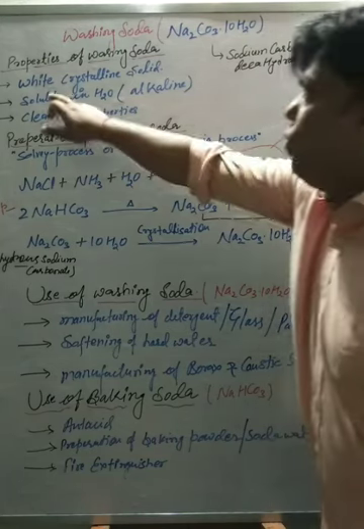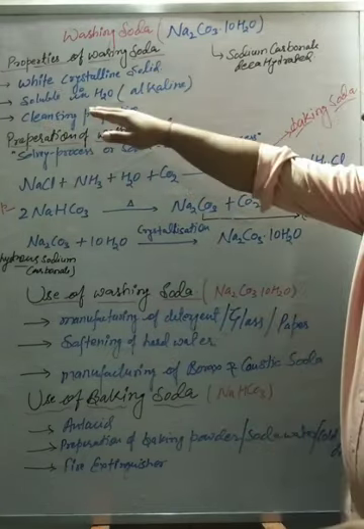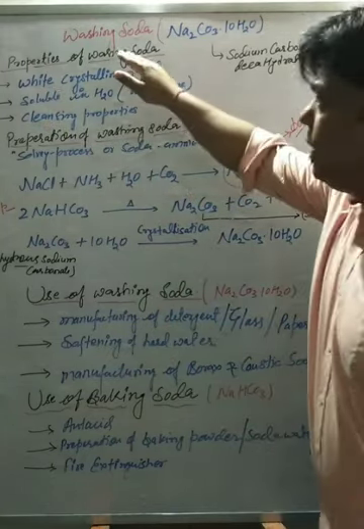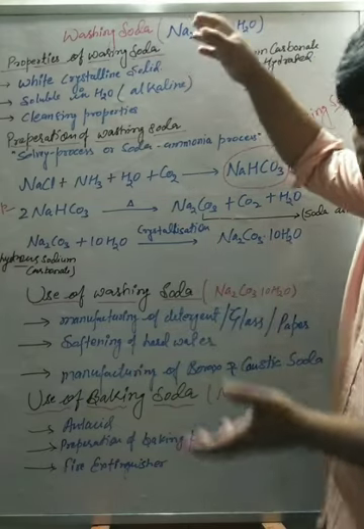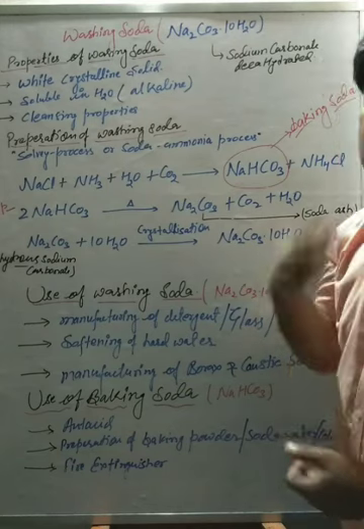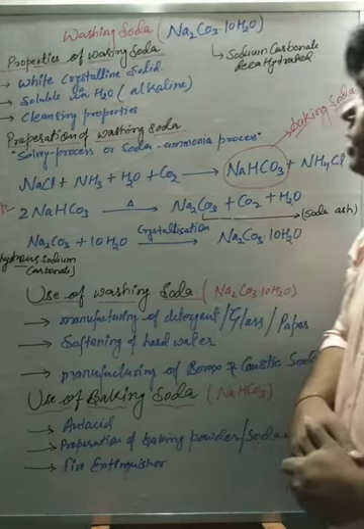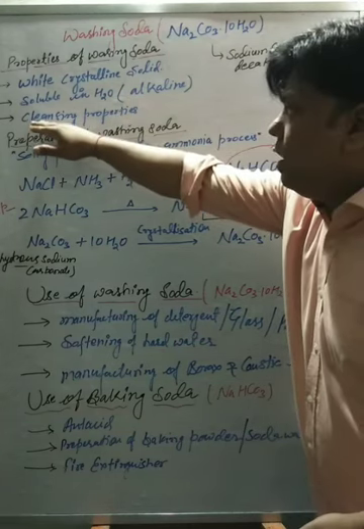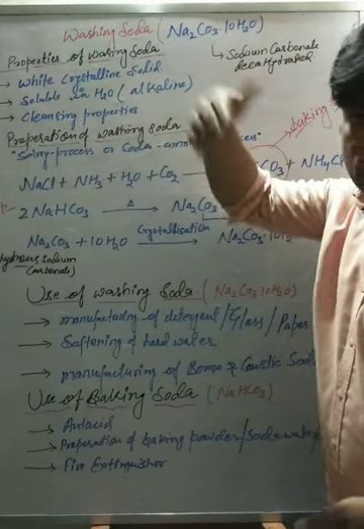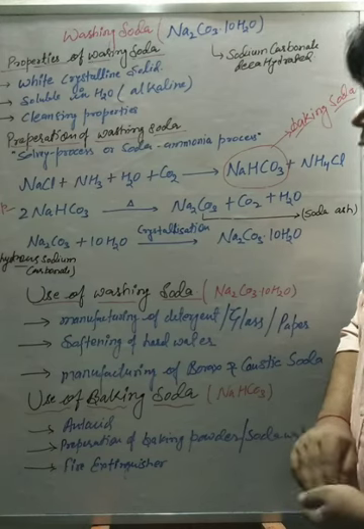Washing soda is a white crystalline solid. They are basically transparent. Washing soda is highly soluble in water. It is basic in nature, and if a base is soluble in water, then it is called an alkaline solution. Its pH is always greater than 7. Washing soda is useful for us. It is used in cleaning action, which means it has a cleansing property.